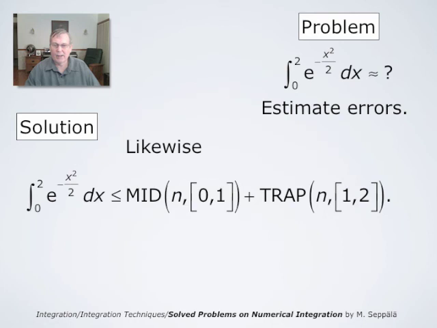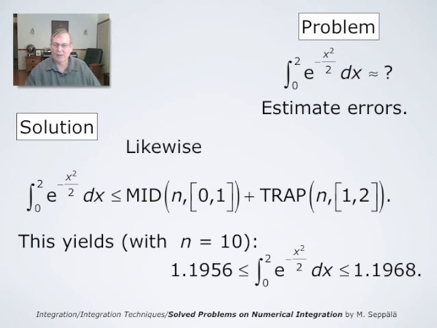Likewise, the midpoint approximation applied to this particular integral between 0 and 1, and the trapezoidal approximation applied in the interval from 1 to 2, the sum of these two approximations gives us an upper bound for this particular integral, and computing with n equals 10, we get